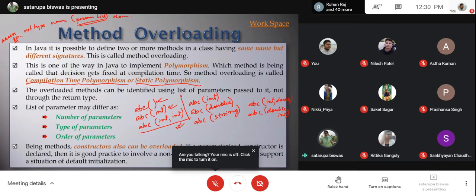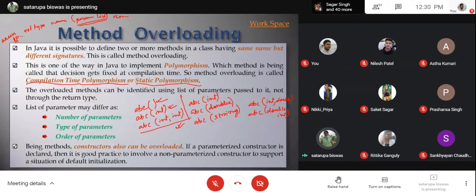So if just a single parameterized constructor or multiple parameterized constructors are present in your program, and when you are creating the object you forget to pass any value through the constructor, in that case it will give an error that no non-parameterized constructor has been provided. Okay. So to get rid of this error, you can have a safeguard by declaring a non-parameterized constructor also inside your code.